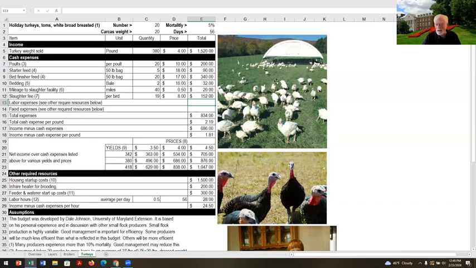This is what I would do for my broilers if I had to do it over again. A shelter with the electric fencing. I like that better than the Salatin type coops, and I've done both of them. So I'll let you take a look at this turkey budget on your own.